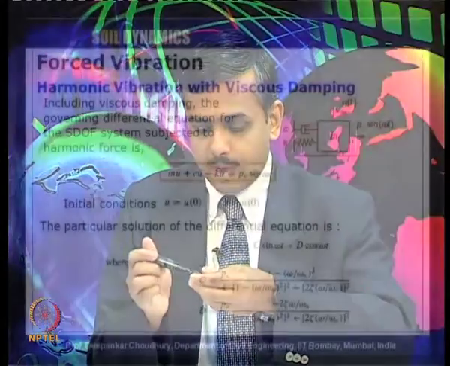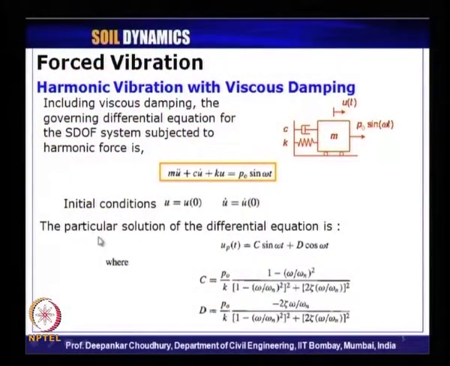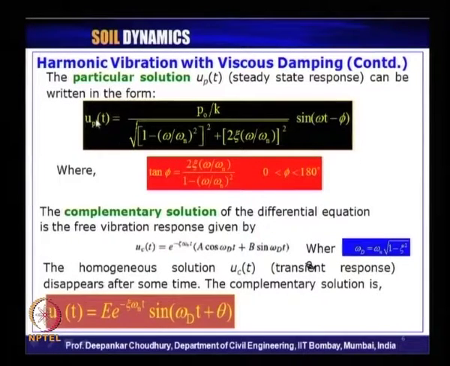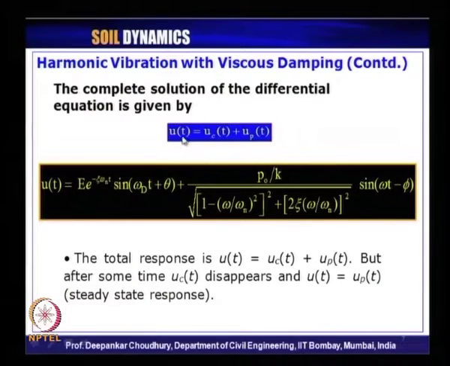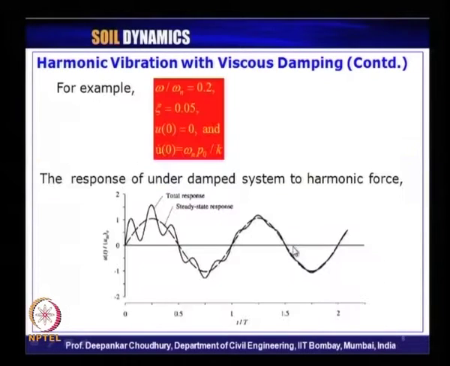Let us look at the slide for the same summary of what I have now derived. The particular solution, as I have mentioned, is computed like this for this equation, and the particular solution is expressed in this form and the complementary function is expressed in this form. Then we get the total solution as the summation of the complementary function and the particular integral, which comes out like this, where the particular integral gives us the steady state response and the initial condition gives us the transient state.